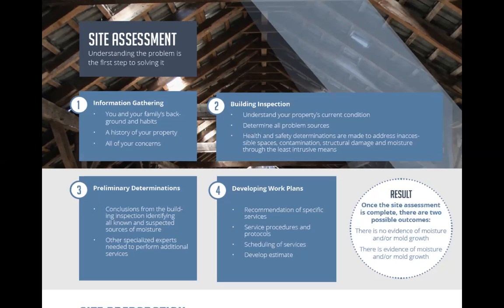The fourth thing is developing work plans. These are recommendations of specific services, service procedures and protocols, scheduling of services, and developing an estimate. And this is where the close begins, right? Because of the information that you need to gather to begin closing on dates where they would like to see service established, which is the scheduling of those services, the development of the estimate itself to get them closer to buying from you, and of course building their own